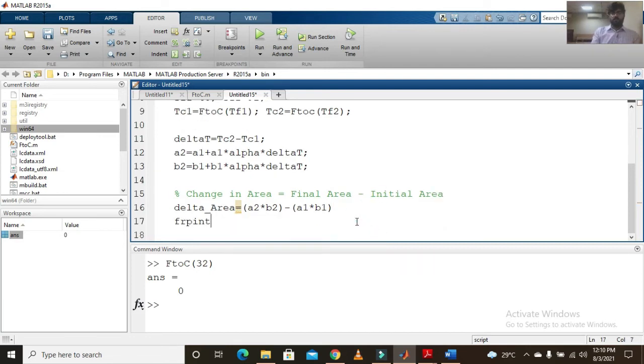After that you can use the fprintf command to show the result. The change in area is, let's say, percentage 7.3 f, backslash n. It should be in square meter. And you will print delta area.